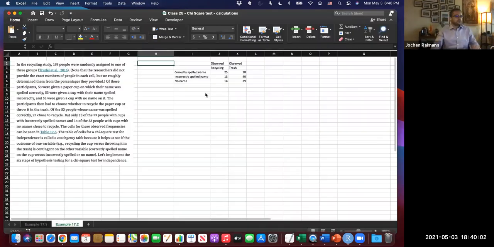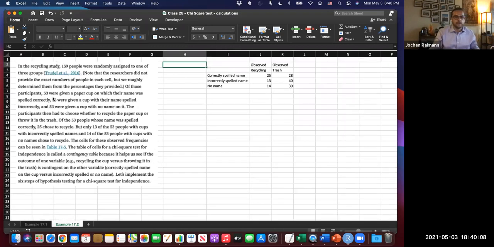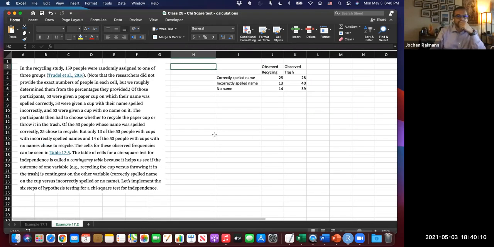Okay. So I have reproduced here this little table, and here's the example for you to read up on. So we have 53 given on paper cups. So they basically created 2 groups, right? Is it randomized? No, I don't think it's randomized. You would need to have it randomized, right? Because what could be a confounder? Anybody who has an idea, what could be a confounder here?